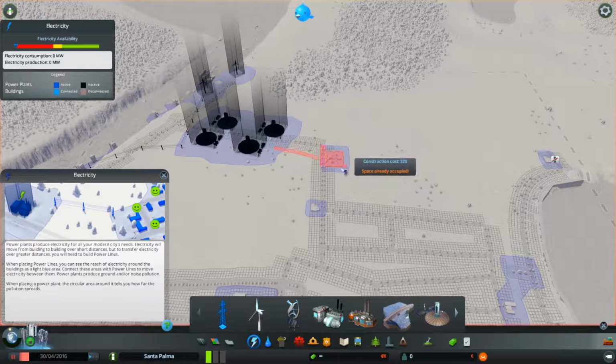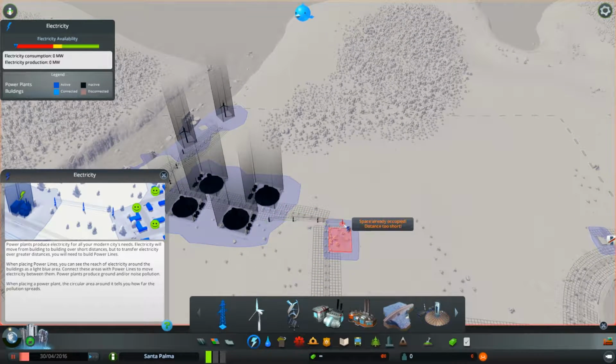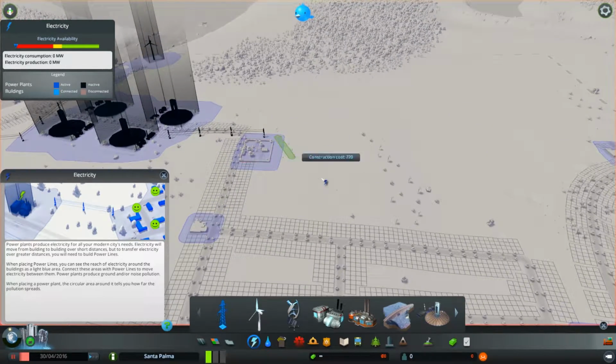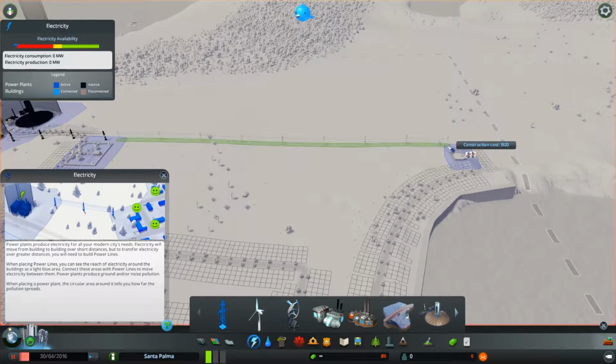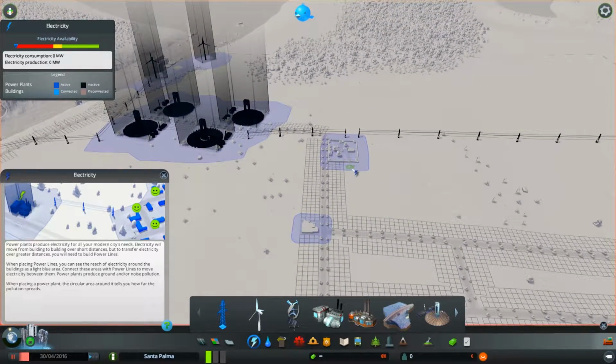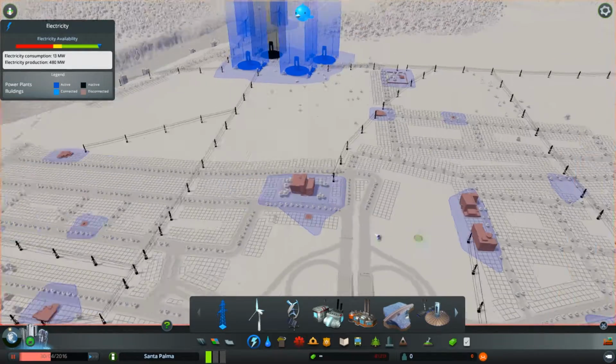So the main idea is like the water, you need to have all the blue connected to your main grid, and eventually you could delete the power lines. You don't need them after everything's connected. But because I am not being able to switch everything and everything just has to keep running, I'm going to be